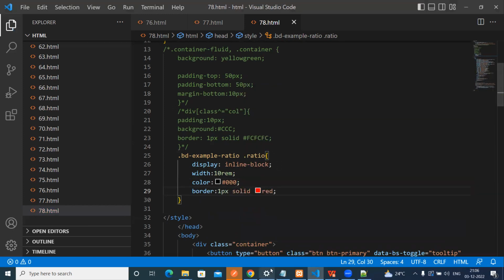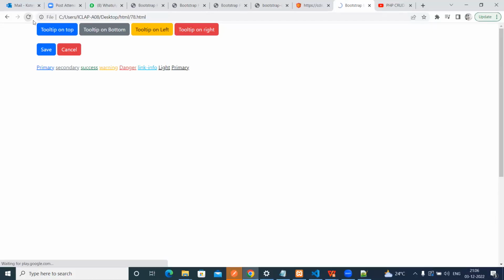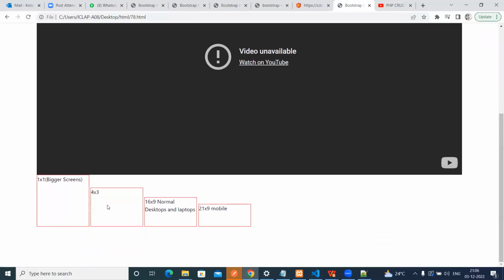Now you can see. So this is for bigger screens. See these bigger screens, we are getting all the sides equal. So the next one is the